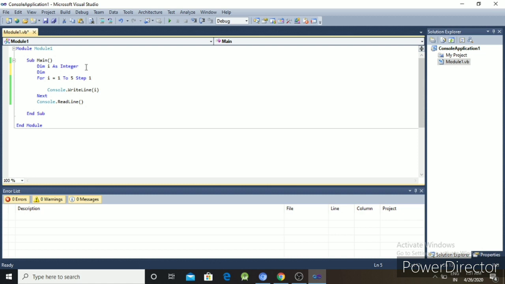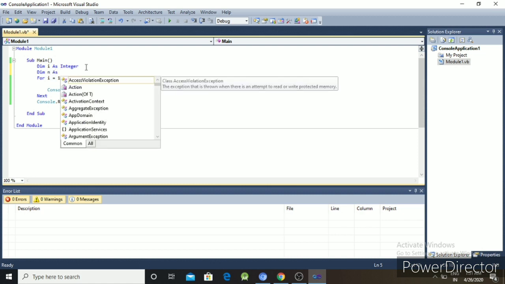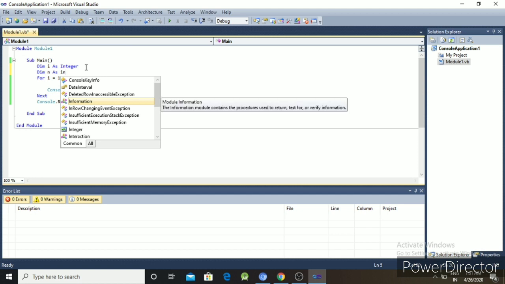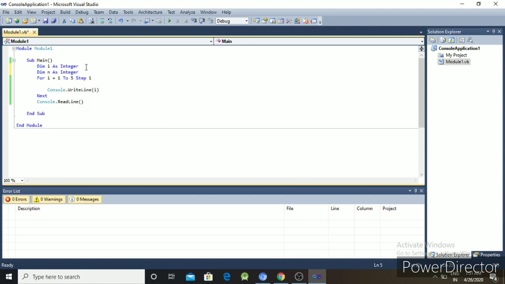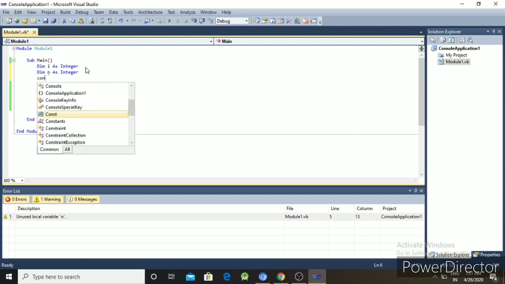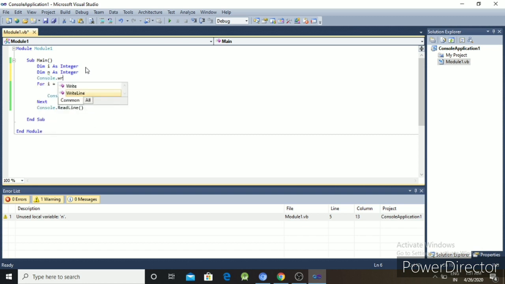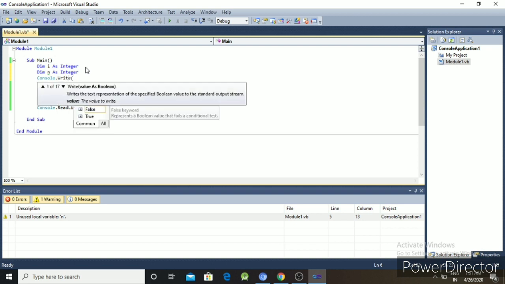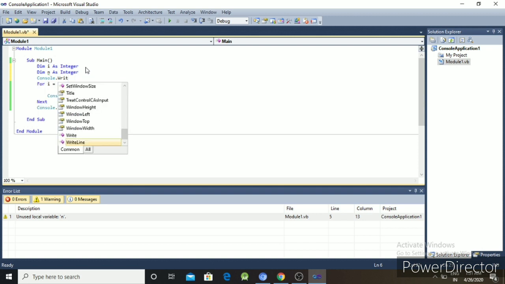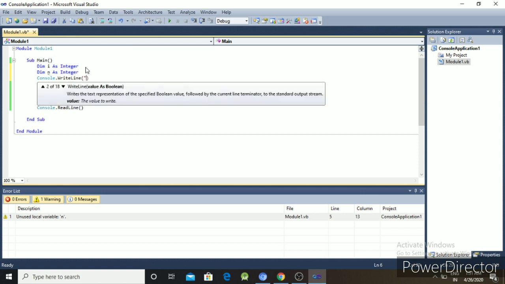So again one variable will be declared: Dim n as Integer. Then Console.WriteLine, Console.WriteLine("Enter the range").